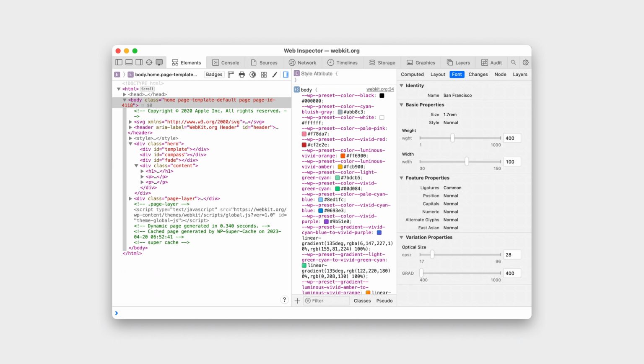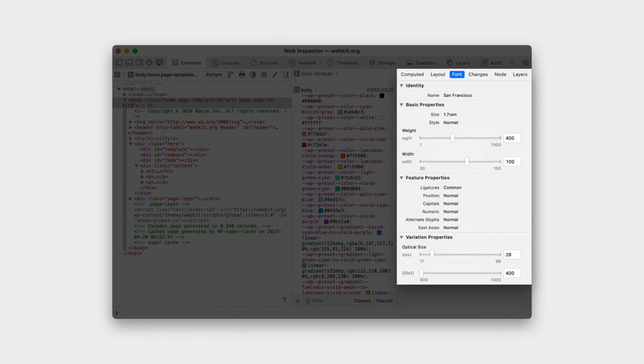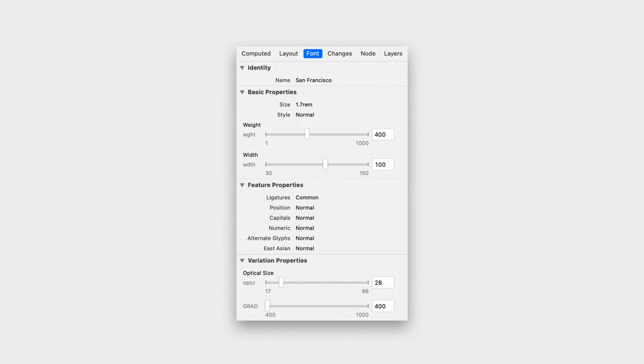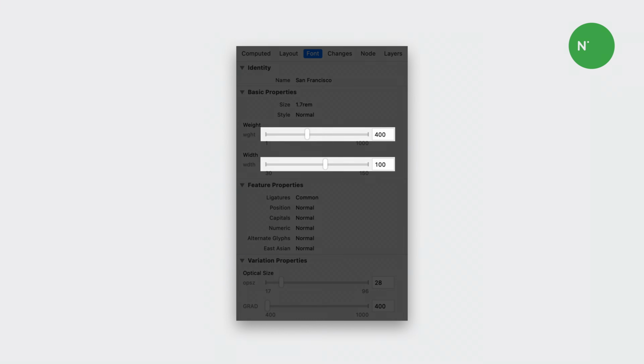When you inspect an element that uses a variable font, the font panel shows you a list of the supported variation axes. For each, it shows its axis tag, a 4-character identifier, an optional axis label, the supported minimum and maximum values, as well as the current value, or the default value if one is not specified in CSS. This year, we added interactive controls to edit the values of variation axes and see the results live on the inspected page. This gives you a great way to tweak the font styles until they're just right.